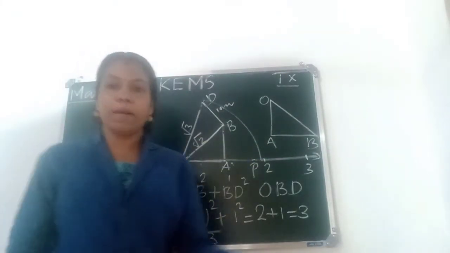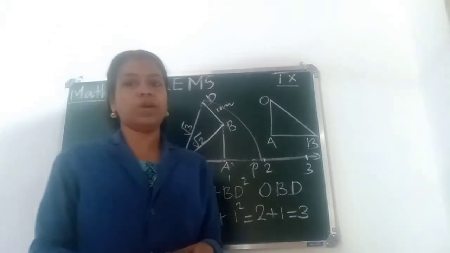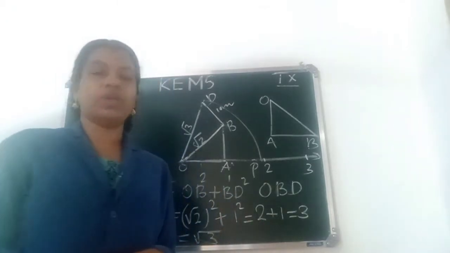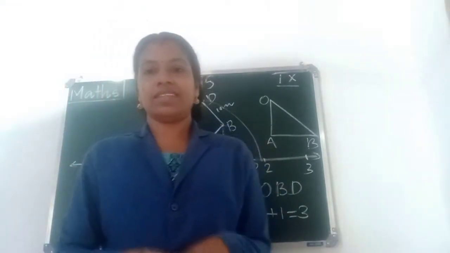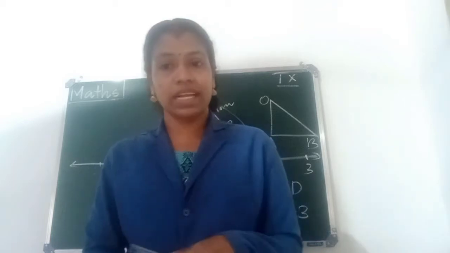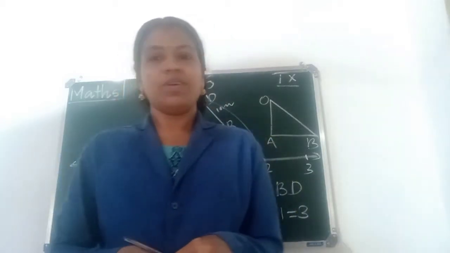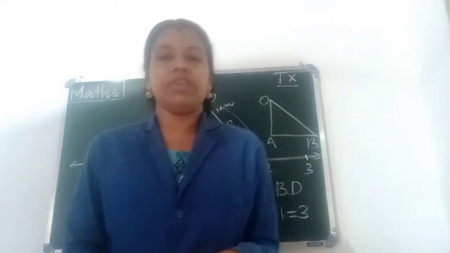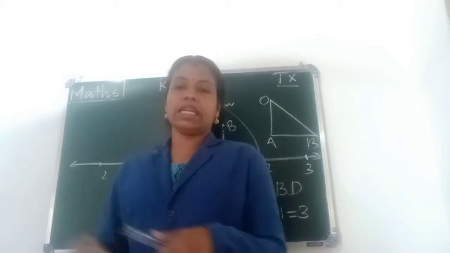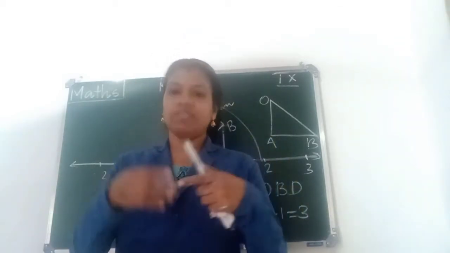The point where the arc intersects the number line is called Q. That point Q represents root 3 on the number line. Clear? Okay. So, if we want to represent irrational numbers like root 5, root 7, any such numbers, we start